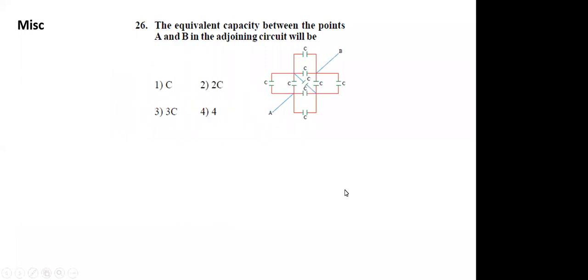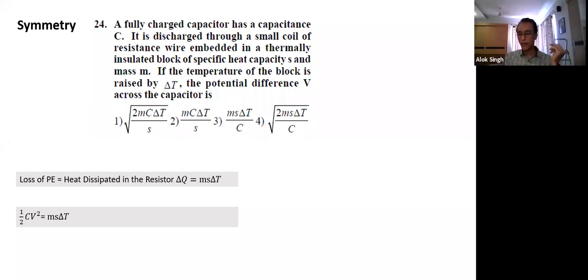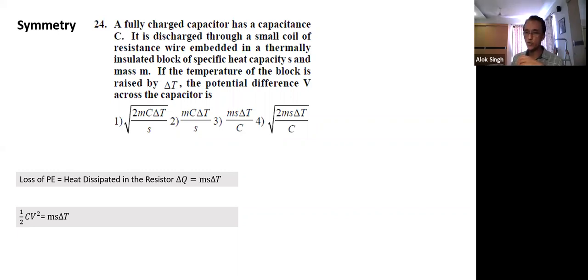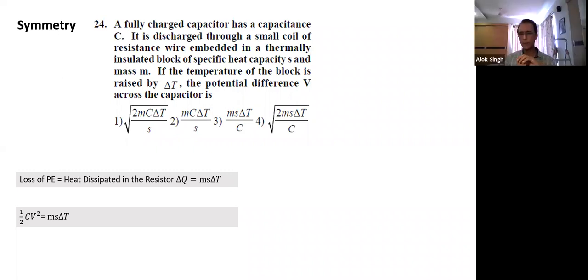Sir, I read a statement that the energy stored by a capacitor is half of the energy supplied by the battery. Yes, we'll do that. See, what happens when a charge Q moves from the negative plate to the positive plate of the battery? What is the gain in potential? The battery potential is V, so Q into V. So energy supplied by the battery is QV. But what is the potential energy stored in the capacitor? 1/2 QV. Oh, half QV. Yes. I will do this some other time, for a better understanding of it. I'll give you some other examples, and some understanding of why it is happening.